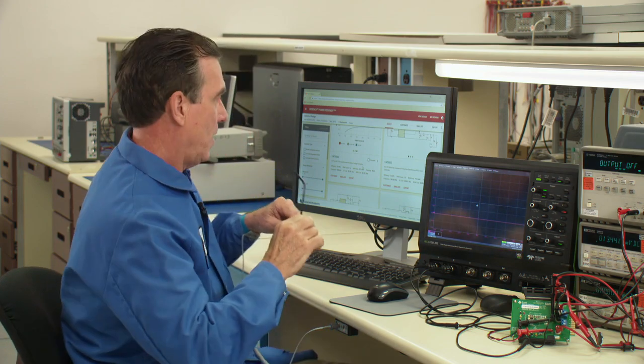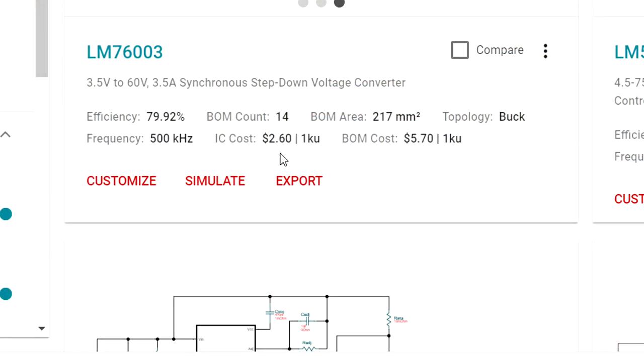So that's a realistic number of what you'll be utilizing on a PC board layout. We also give you IC cost, as well as the BOM cost. That's the full BOM cost. We go out on the web to distribution, and we get the 1K pricing in real time. So that's a real good feel for the 1K volume price.